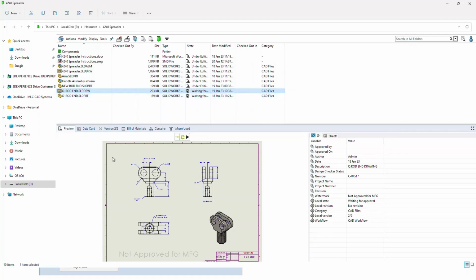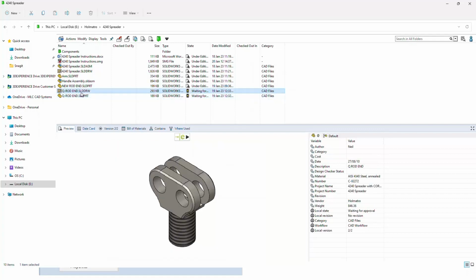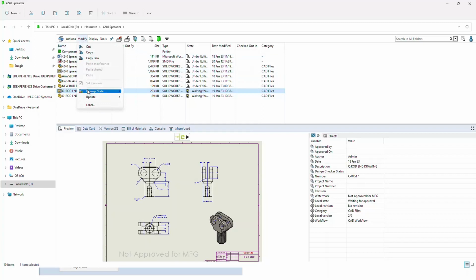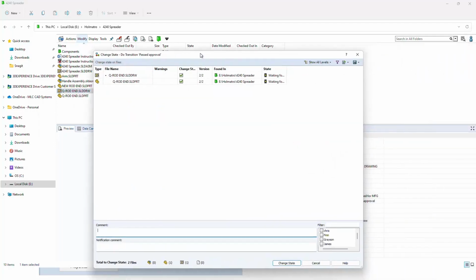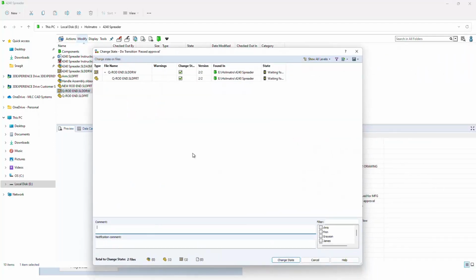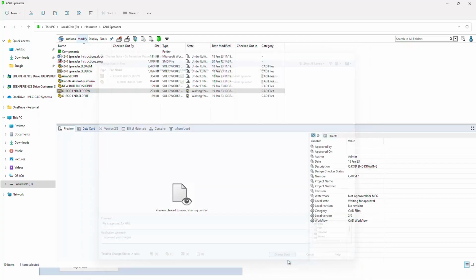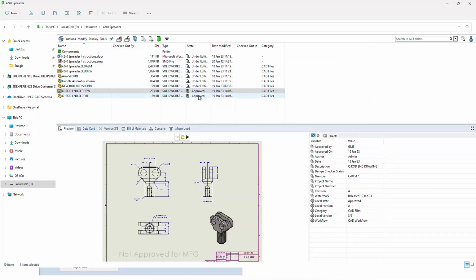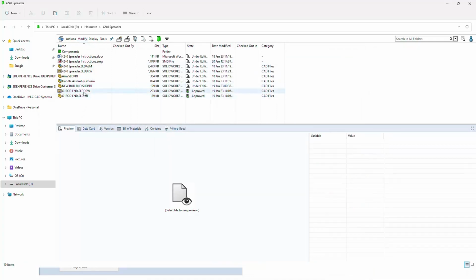So we have a decision to make here. We would review the file and we would either send it back for changes or we would approve it for manufacturing. We would follow the same process and we'll say that this is now past approval. We get the same dialog that pops up for the transition. We'll add a comment here. And we'll add a notification comment. And we'll send that back to Chris. So when the file now goes through change state, it goes from waiting for approval to approved. If we refresh our view down at the bottom,